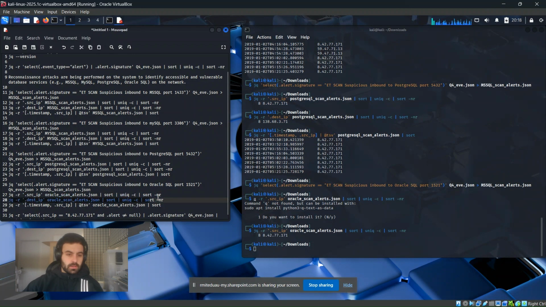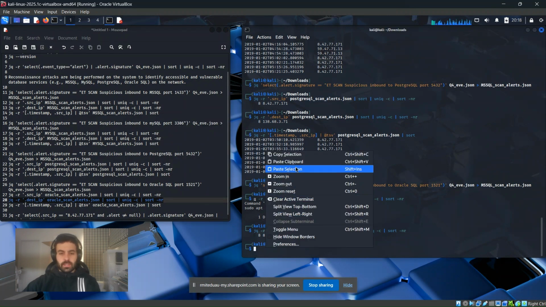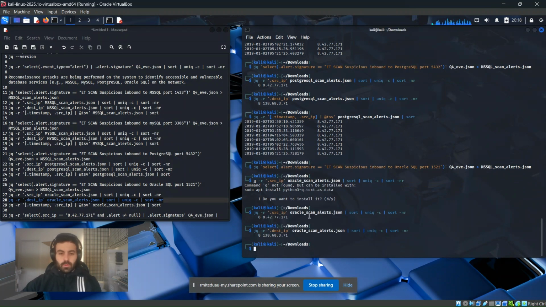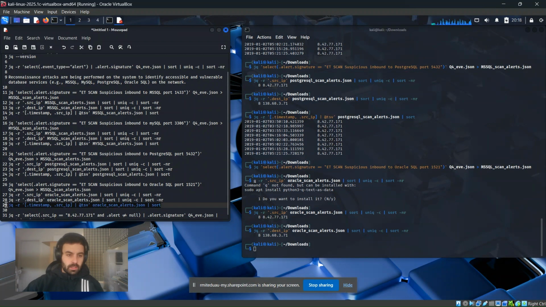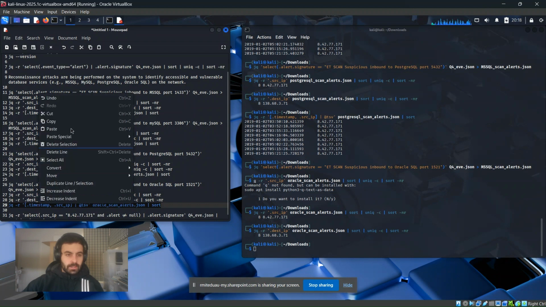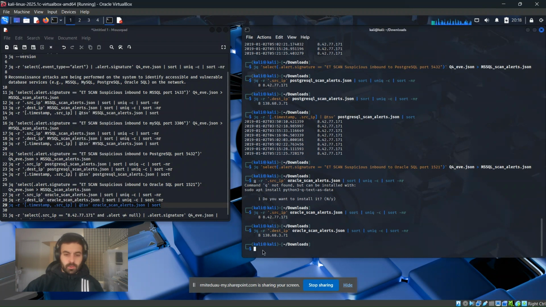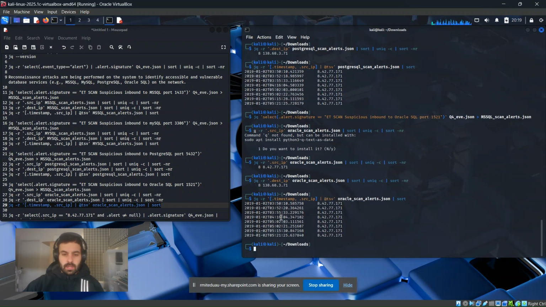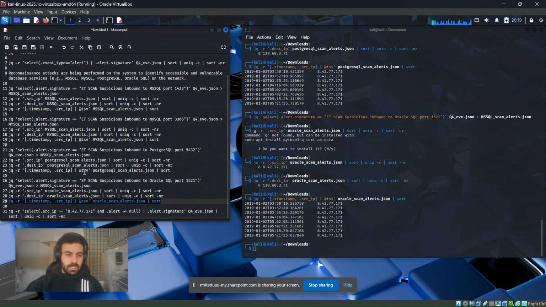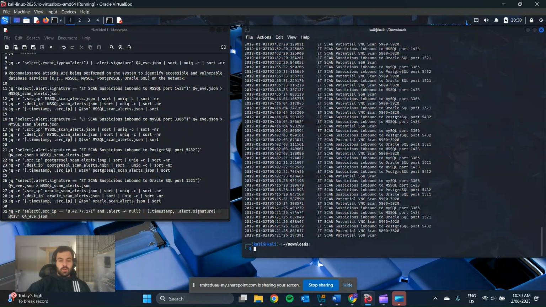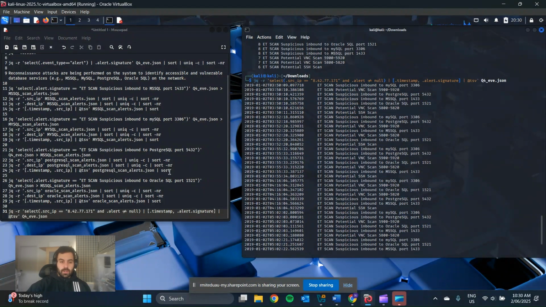Okay. Copy. So as you can see, more attacks from 8.42, again on the 138.68. And again, very similar timestamps. Alright, and finally we